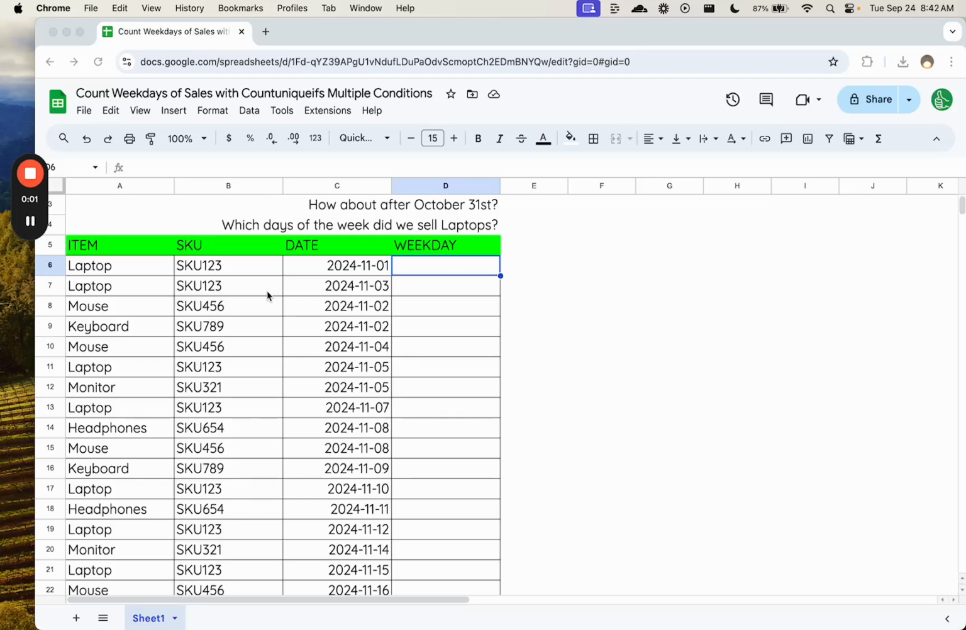Here's an interesting problem, and it's sort of a data analysis problem. Very often when we're dealing with sales, we have a list of SKUs, items, and dates that we sold. We want to know, maybe we put in a new advertisement on a certain day or a new promo that said, buy one, get one free headphones, or buy a keyboard, get headphones, or buy a laptop, get headphones. Anything we want to do about dates, we may want to find out what the weekday is